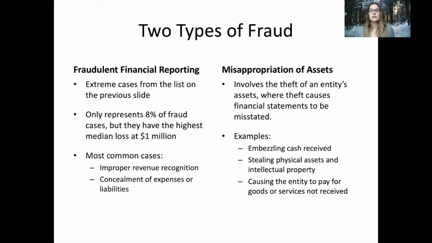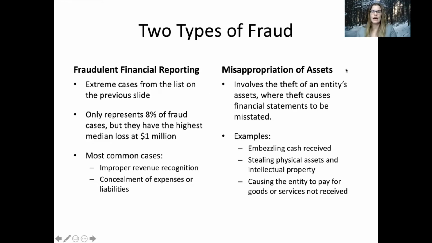Okay, so there are generally said to be two main types of fraud: fraudulent financial reporting and misappropriation of assets. So fraudulent financial reporting is our big splashy headline fraud. This is our Bernie Madoff. This is our Enron. It's things like improper revenue recognition, concealing expenses or liabilities. And the reason why this is newspaper headline fraud is because generally the risk of loss is much higher in these cases. So median loss tends to be around $1 million